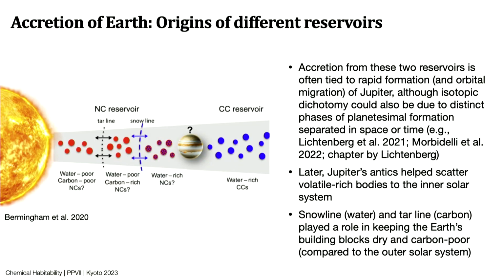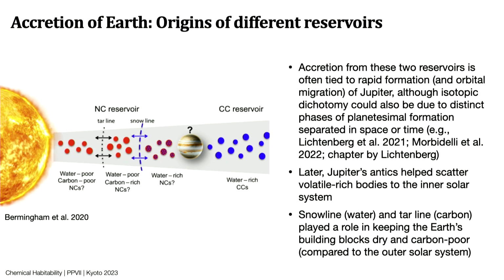So if we think Earth accreted these Schnaps elements from different reservoirs, why are there different reservoirs and how did they get into the Earth? Dynamically, it's often tied to the formation of Jupiter, kind of as a barrier between carbonaceous and non-carbonaceous type materials. And maybe during its formation, it could have scattered more carbonaceous type materials inward to account for what we observe in the Earth. However, as we heard from Tim and Mickey,